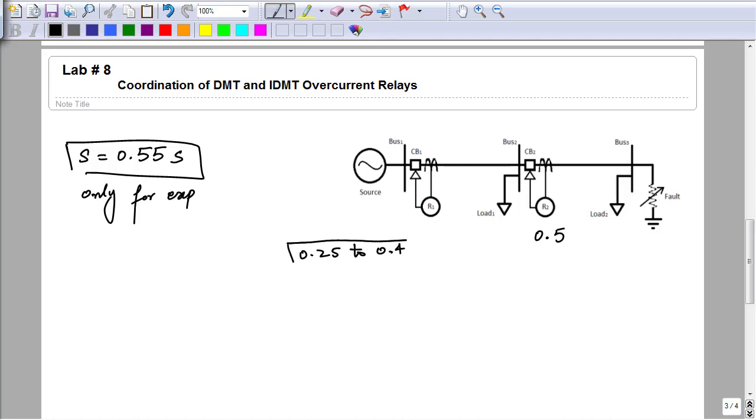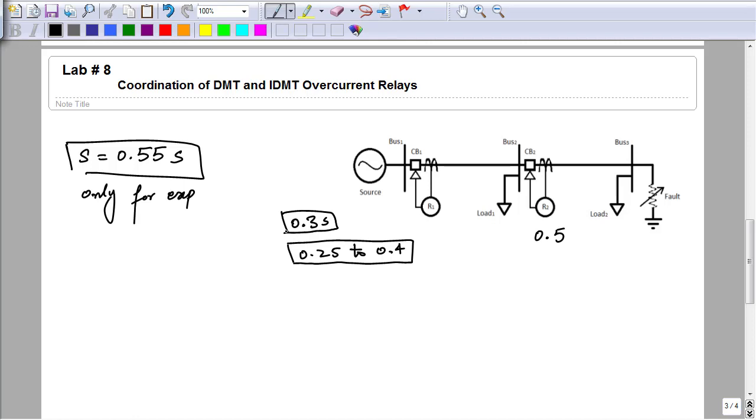It depends upon the speed of operation of the circuit breaker used in the particular section of the power system where we are achieving that coordination. So in our country, normally this time is used as 0.3 second to coordinate two relays with each other. So this is the coordination time between primary and backup protection.